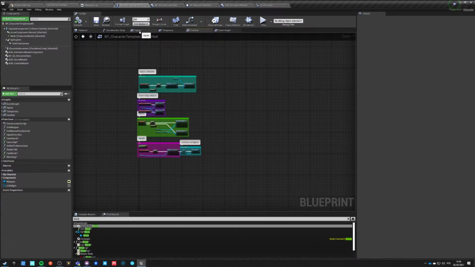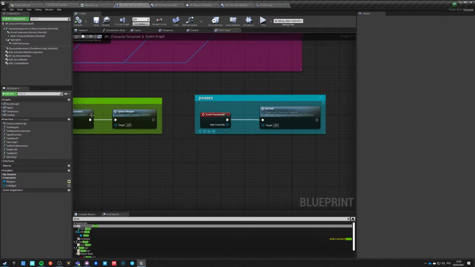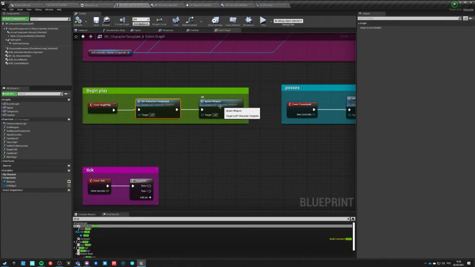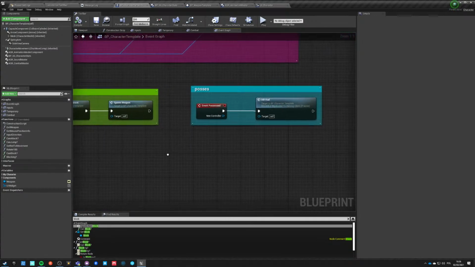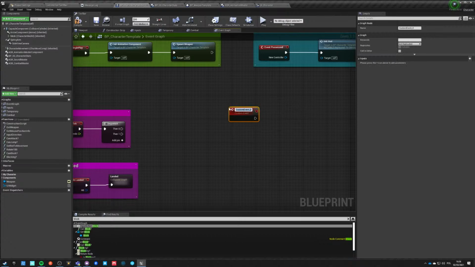Base speed. Okay, let's do base speed. So let's go into begin play. And we will do init spawn weapon. Okay, let's make a new one. Custom event. Call it init character stats,